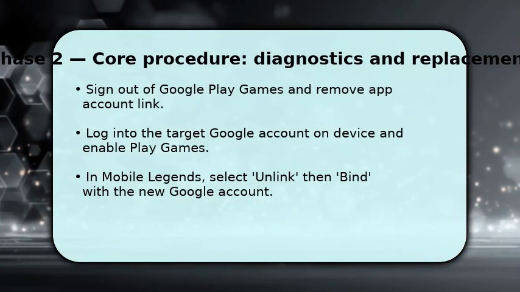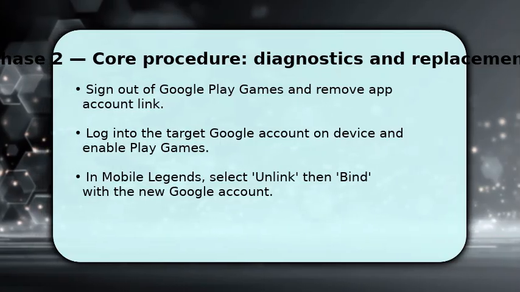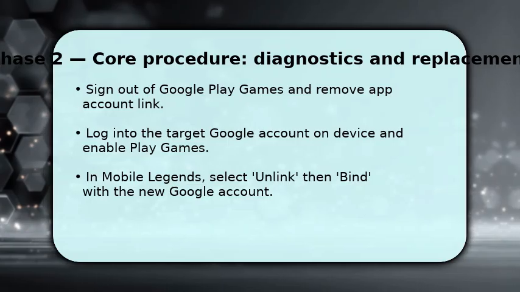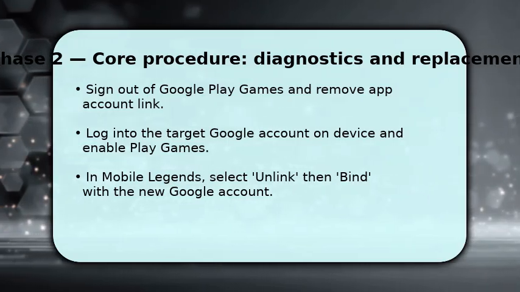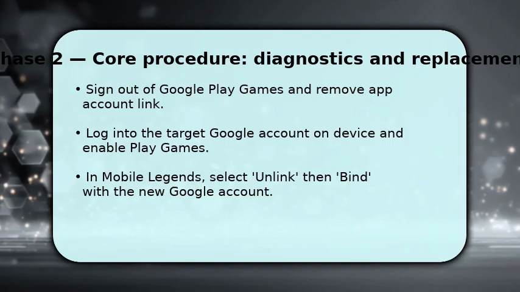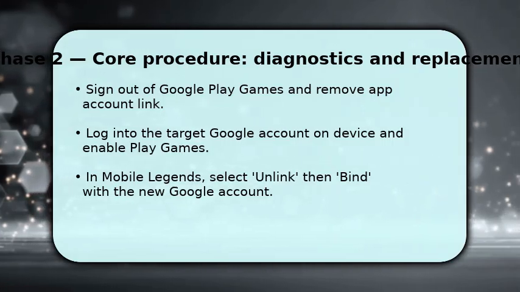You now remove the old link and prepare the new Google account. Sign out of Google Play Games on your device and clear the account linkage in Mobile Legends if available. Then, add and sign into the target Google account on your device and enable Play Games for that account so